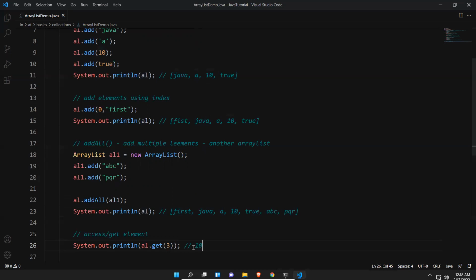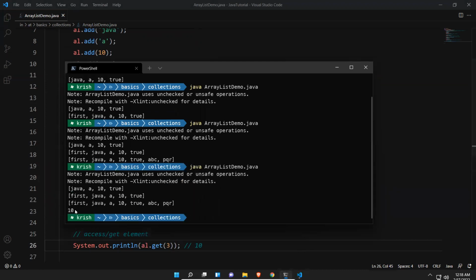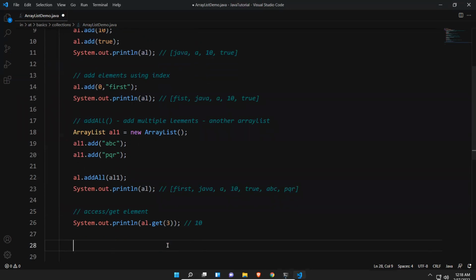Okay. I'm accessing the element using index. So if I try to execute this, the last output is 10. Right. So you can mention what index you want, in which index element you want. You just mention that in the get method. So that's simple it is. So after that,